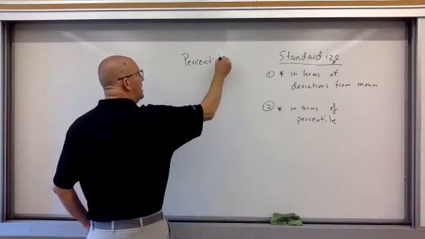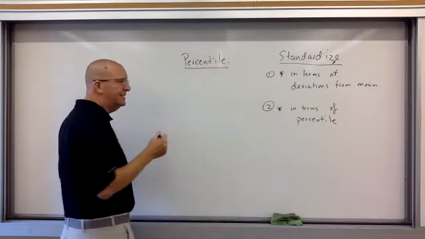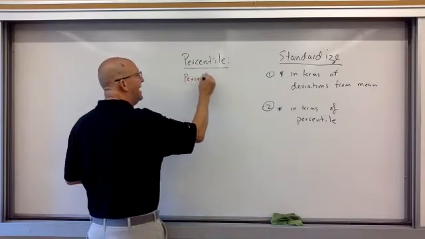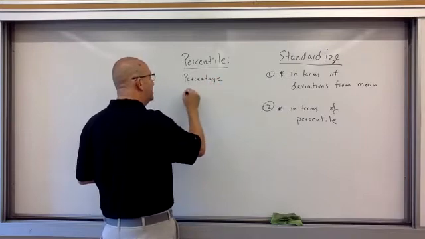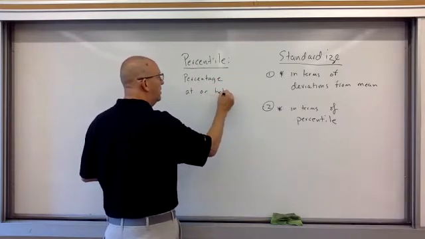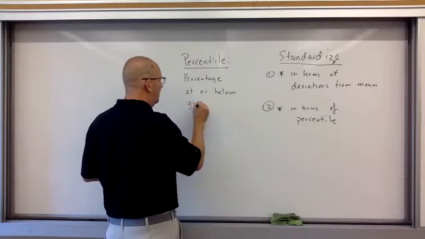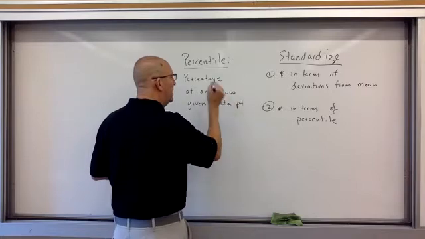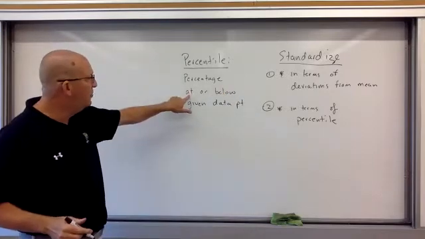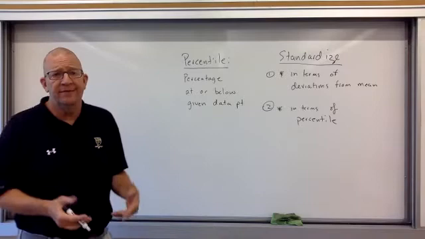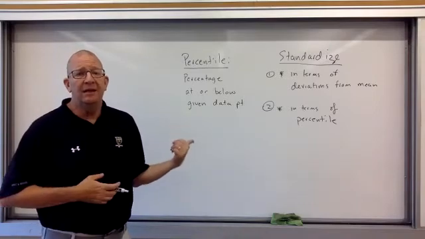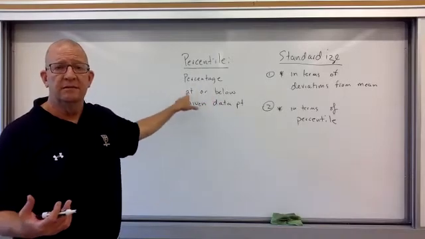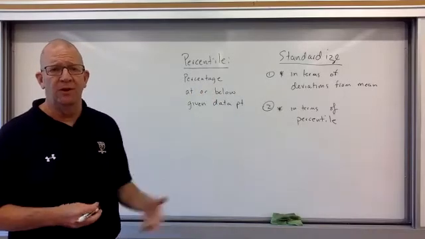Now, if you did your reading, you know the percentile is the percentage at or below a given data point. Now, some textbooks leave out the "at or." Some leave it in. I leave it in. The more data you have, the less difference there is between below and at or below. But if you think about it,